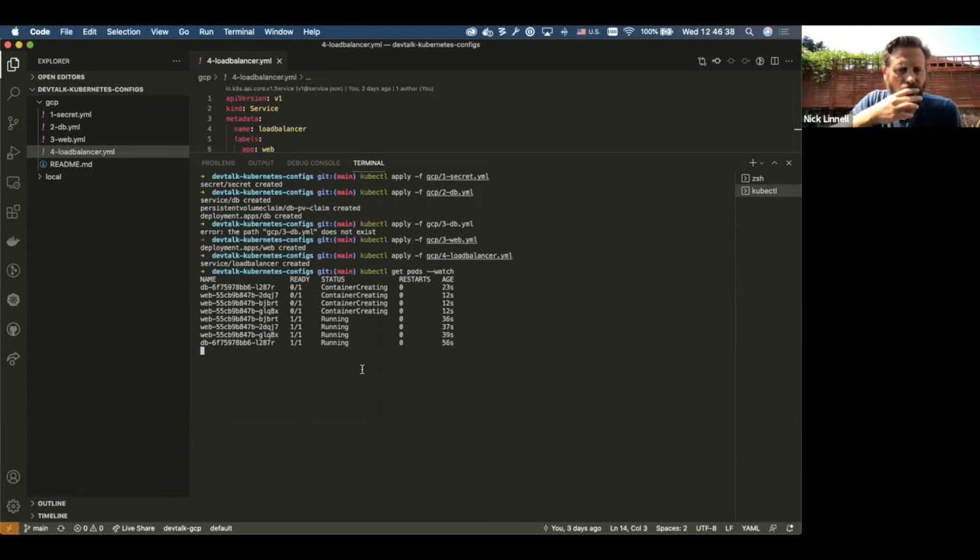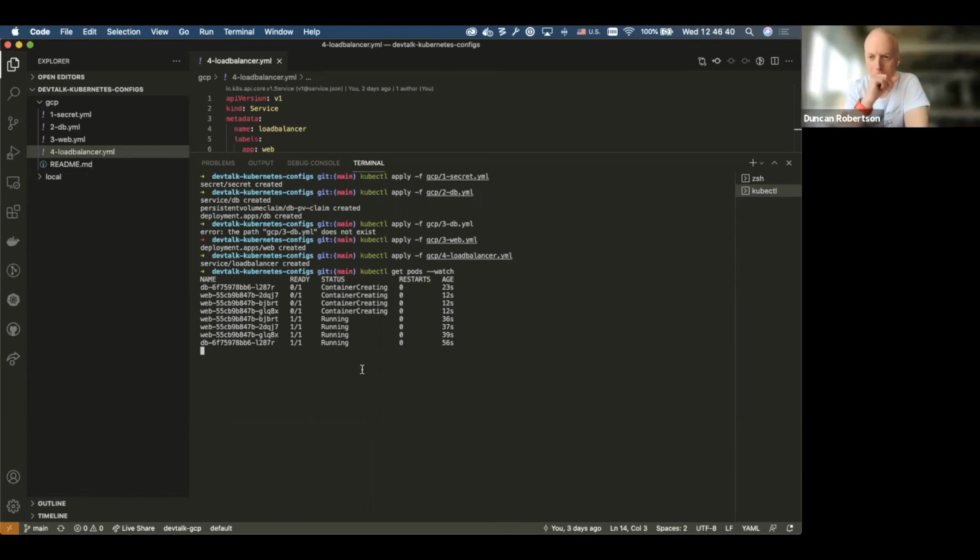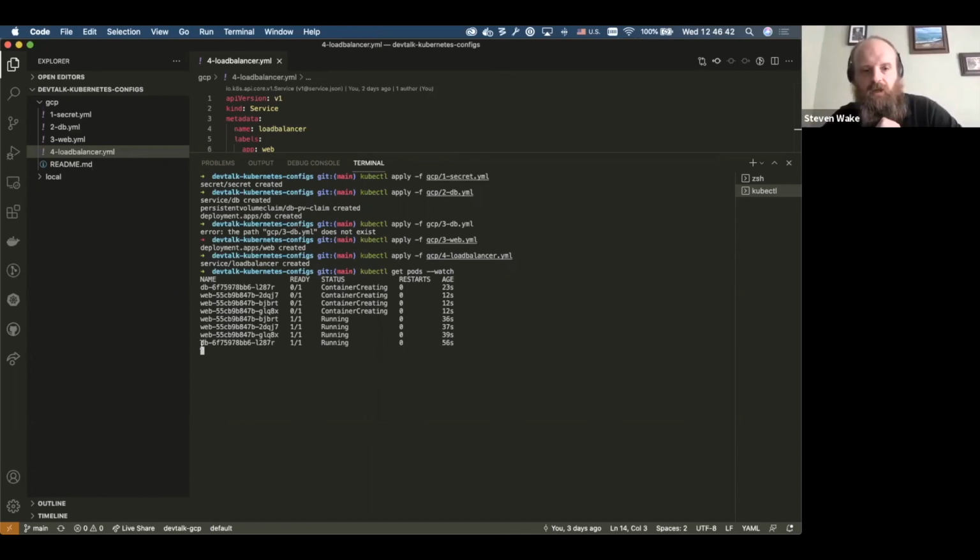Okay, cheers. So back to the demo. As you can see, the DB is now running and our 3 replicas are running.